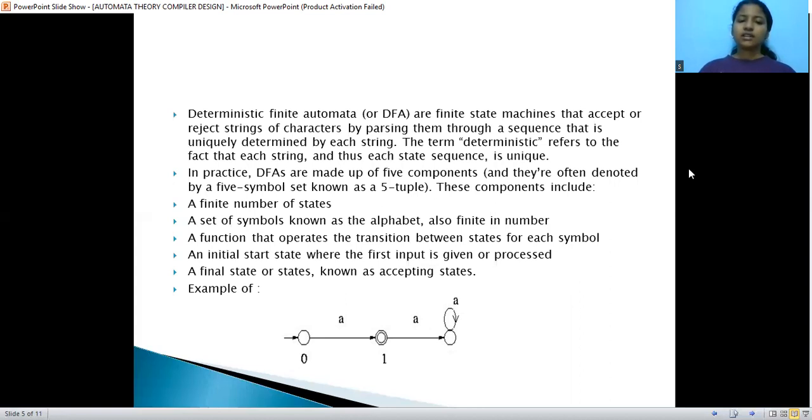We are seeing the first slide. These components include a finite number of states, a set of symbols known as the alphabet, also finite, the function that operates the transition between the states for each symbol, an initial start state where the first input is given to the processor, and a final state or states known as accepting states. Example of this diagram: